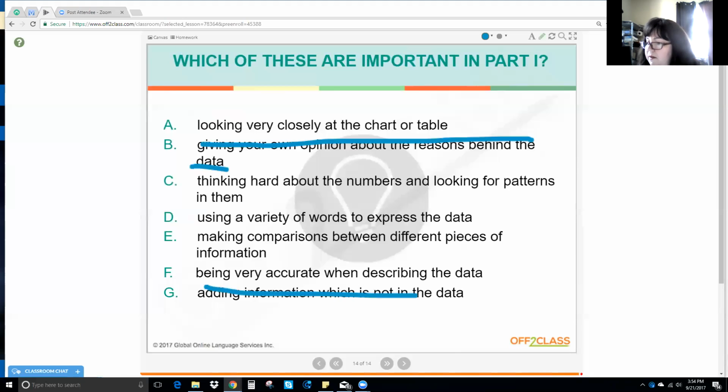Okay, what else? If you are able to score an 8 or 7 band, that's typically what you're looking for in the academic version, if you are trying to be admitted to an English-speaking university, but it is important to check with the university that you're interested in. If you can get a 7, you have a good command of the language. You'll have occasional inaccuracies, so it's not perfect. You might use some inappropriate language sometimes.